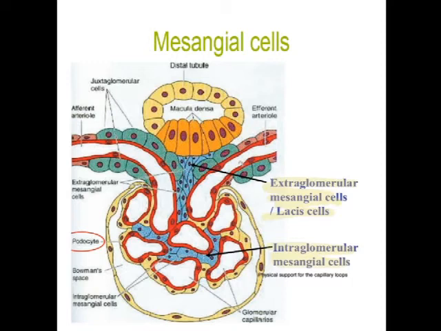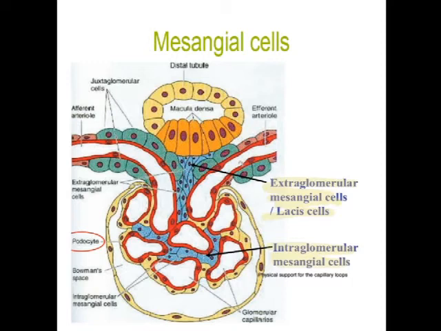Mesangial cells are enclosed by the basal lamina of the glomerular capillaries. They are irregular in shape and have cytoplasmic processes that extend between the capillary loops. The cytoplasm of the mesangial cells contains the common cell organelles. In addition, there are bundles of actin and myosin filaments, indicating that these cells have the ability to contract. The mesangial cells are presumed to perform the following functions.